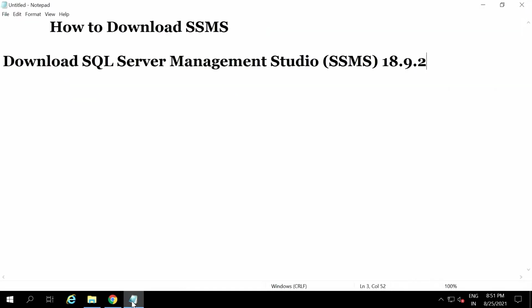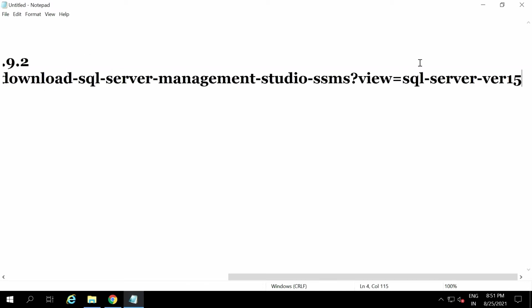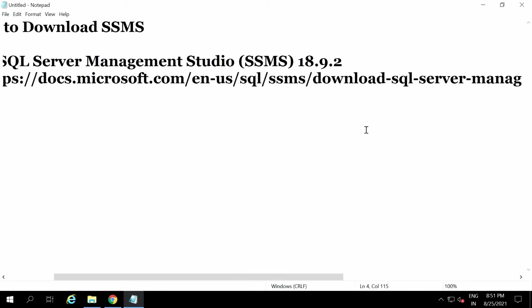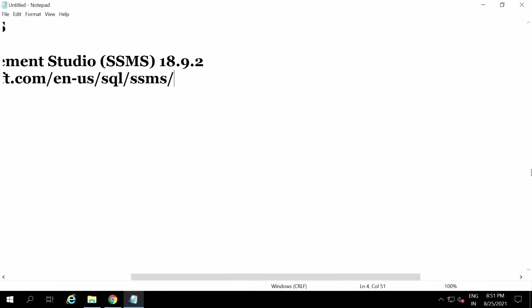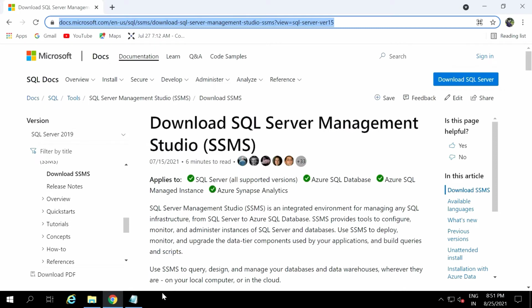Then you will get a page like this, which is a Microsoft page. I am noting down the website here, so note it down and open that same website, then you will have no confusion. This part is not enough, because by default it will direct to that page only. Up to here is enough. So let's check it out.